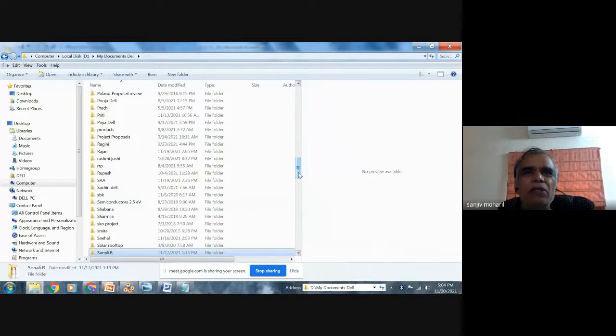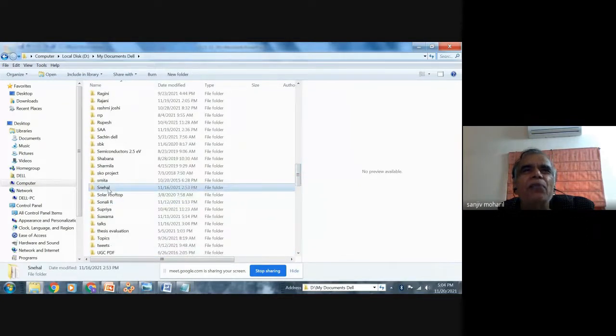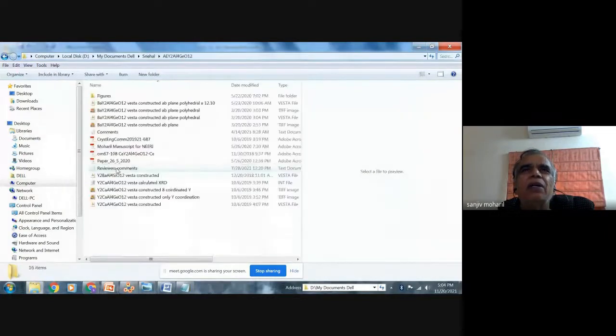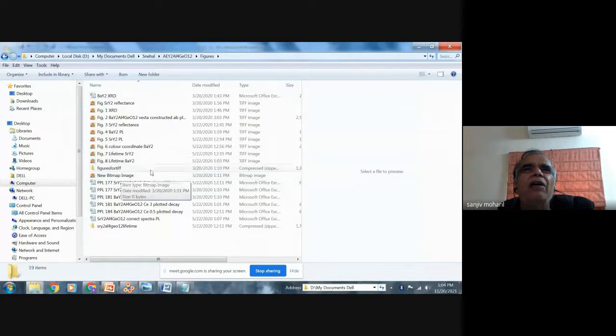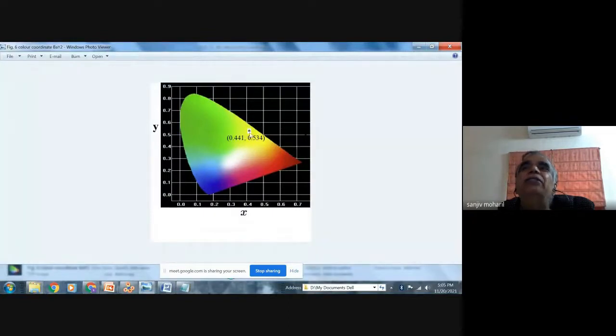So this also we have done. And there are certain programs. So this tells you that this is the color coordinate of our phosphor.